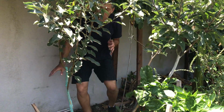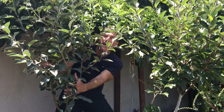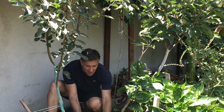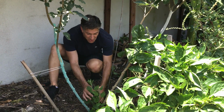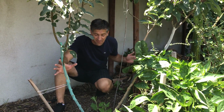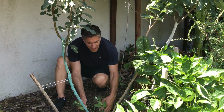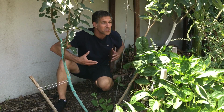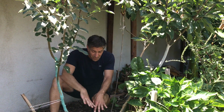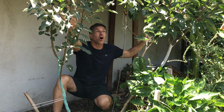But if you take a look at the structure over here, this has grown quite well. And what we did actually about a year ago, what we first did is we pulled the entire structure apart. Had we left these suckers alone, as you can see in the middle, these are 3 suckers that eventually created the 3 different flavors of the tree. And what we did is we pulled each of these branches apart into a base shape to then maximize the amount of light. And right now, we're in the couple of hours of what is shade in this part of the garden. But we opened it up to create a base shape so all of the leaves have an